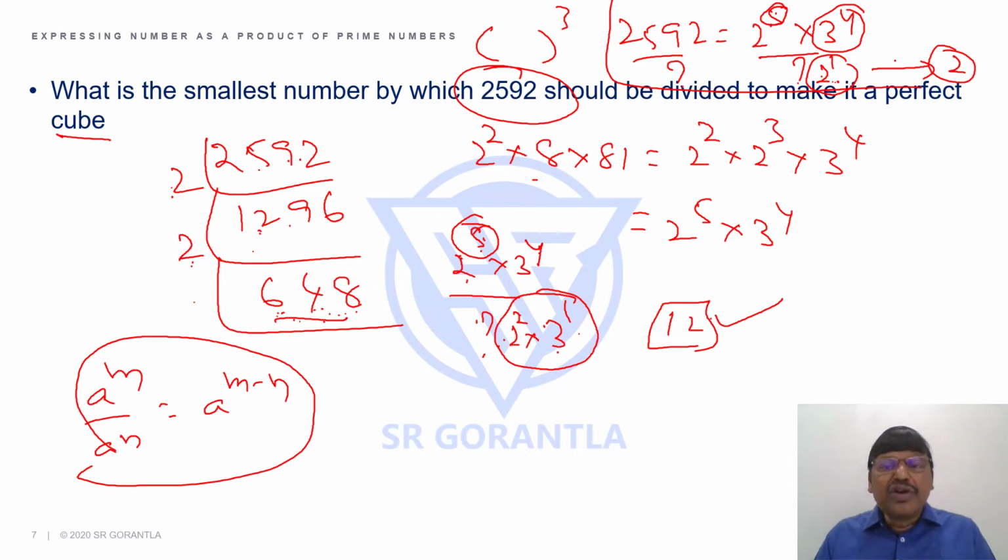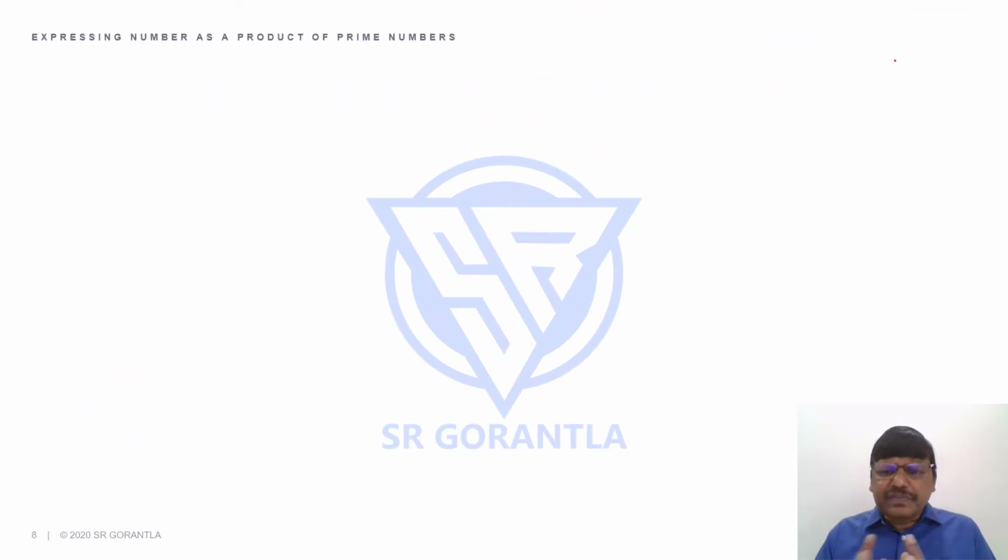And also, when it comes to CAT and other MBA entrances, you get some high-end questions. Even for them, the basic approach will be to start by converting the given number into prime factors, right? So hence, please do write a few numbers at random and keep converting them into prime factors. You need speed, right? Okay, so that's it for this session, students.